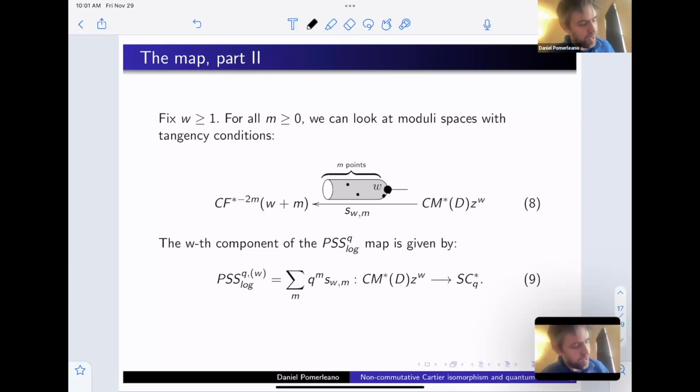So at this distinguished point at infinity, I would have a tangency of order W. And then for my other mark points, I have my m additional mark points, and I do the same. As before, I have them pass through the divisor simply. And in total, this gives me a map between